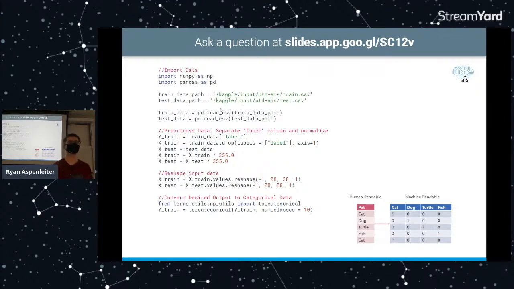So Y-train, which refers to the desired output for training data, is just the train data label, specifically the stuff under that, while X-train is all the other data. These would be the questions that you'd like to give to the model to answer, and the correct answers would be the Y-train. So X-train is just everything except the answers. It'd be all the information needed, but not the answer.